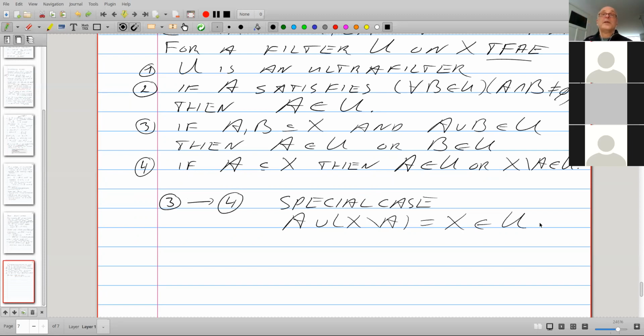So there. 2 to 3. Well, so we assume that if we have a set that intersects every member of the ultrafilter, of the filter, then it belongs to the filter. Okay.